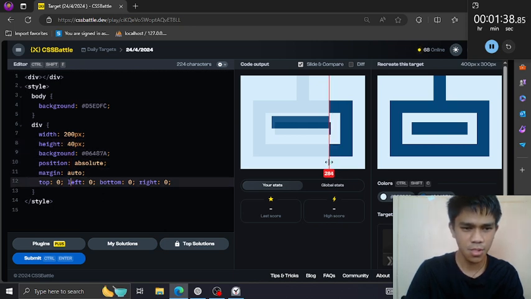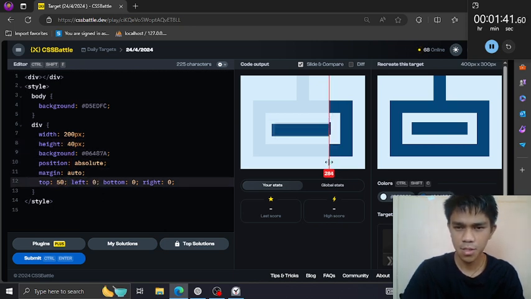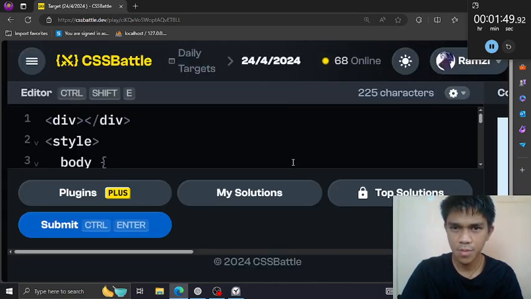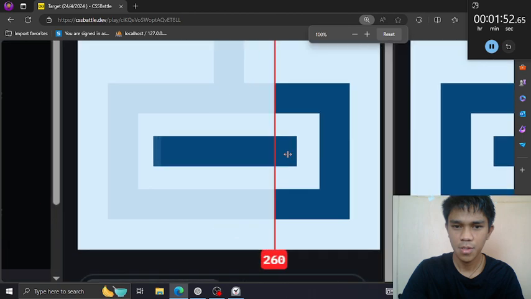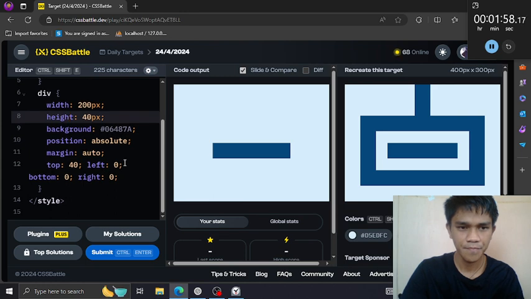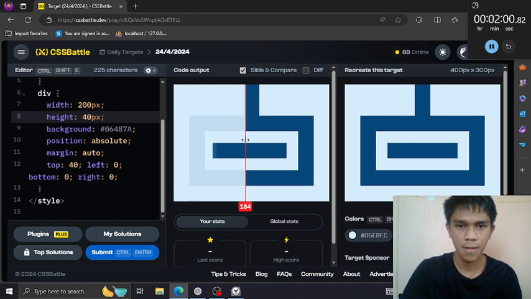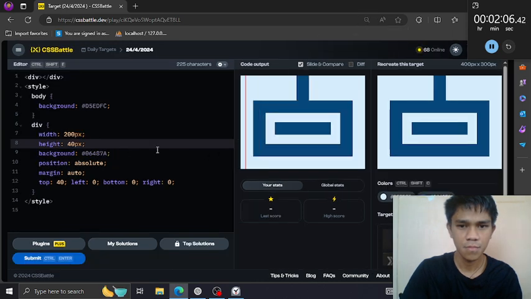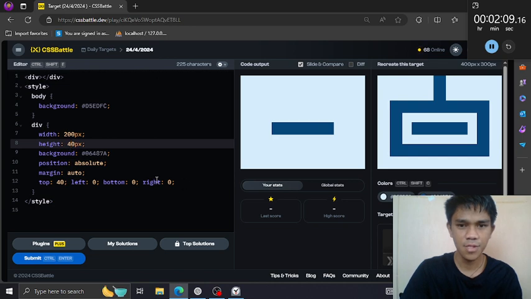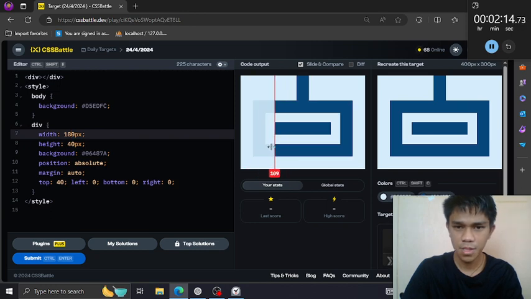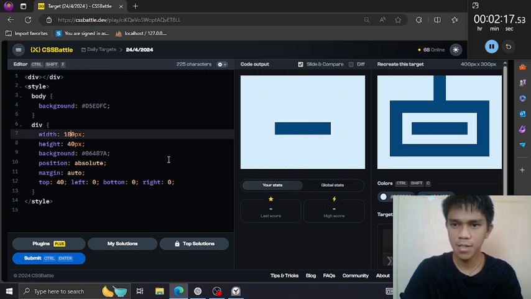Then push this downwards a bit, up, and up, up, up, up. Just the width, maybe something like that, and create the